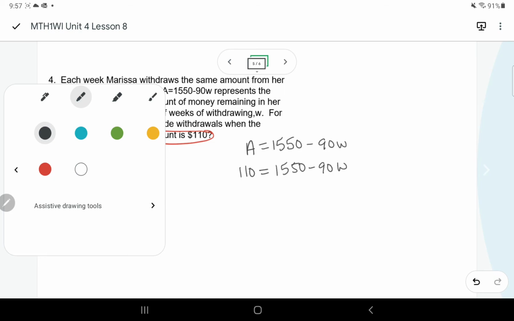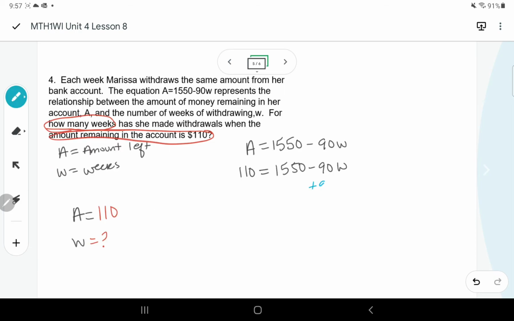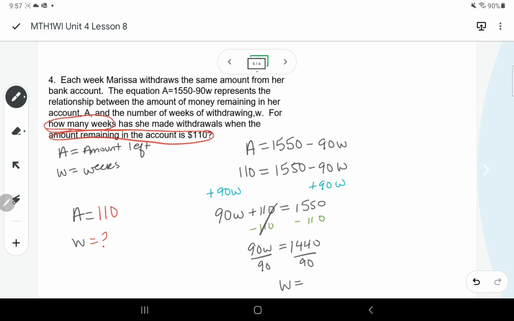So here, there are different ways to solve this. I know a lot of people don't really like the variables on the right hand side, so I might move that 90W over. Plus 110 equals 1,550. And the 90W here is positive. And then I'm going to subtract 110 from both sides. So I get 90W, those ones are gone. And this would be 1,440. And then divide out by 90. And W is,